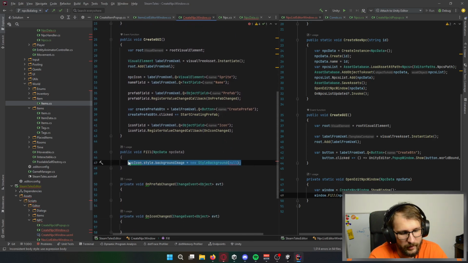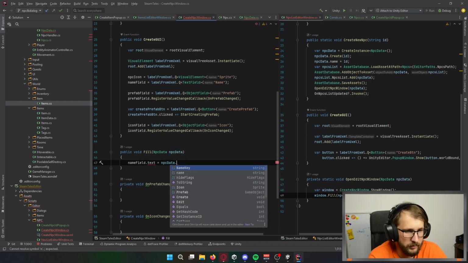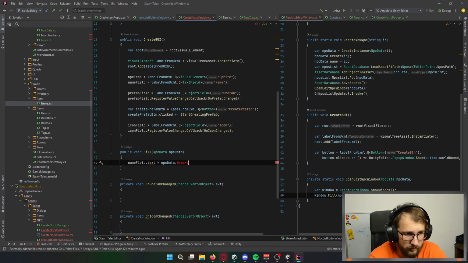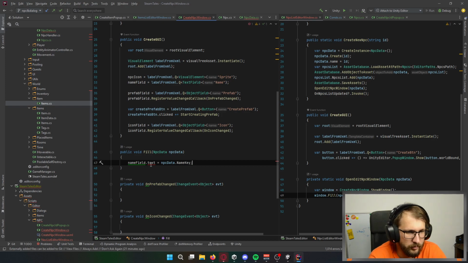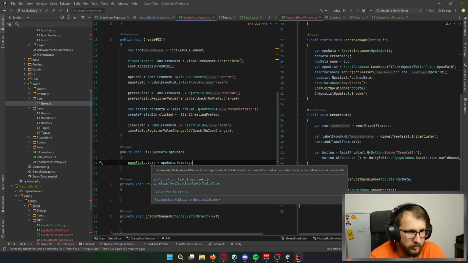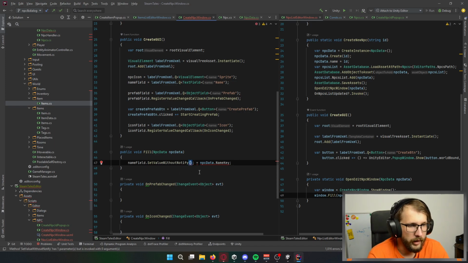Okay, thanks to that, I can simply say name field dot text is equal to NPC data's name key. No, not a name key. Name key. Oh, I have to go with set value without notify. Sure.